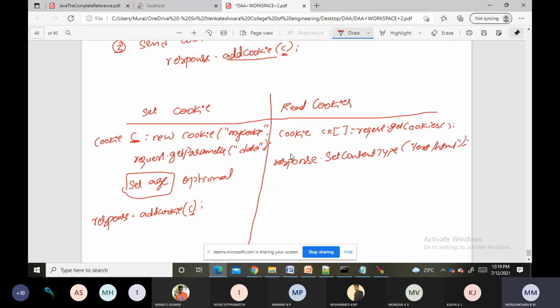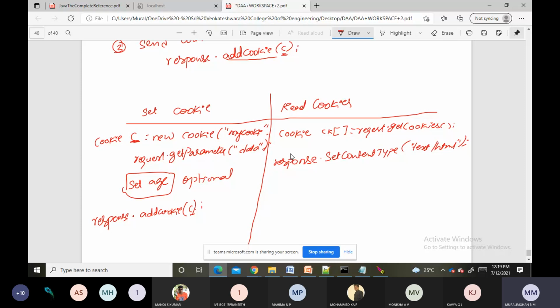Once it is done, we need to write this response to the standard output stream. For that, in the previous classes we learned to obtain the PrintWriter by the getWriter method, right?